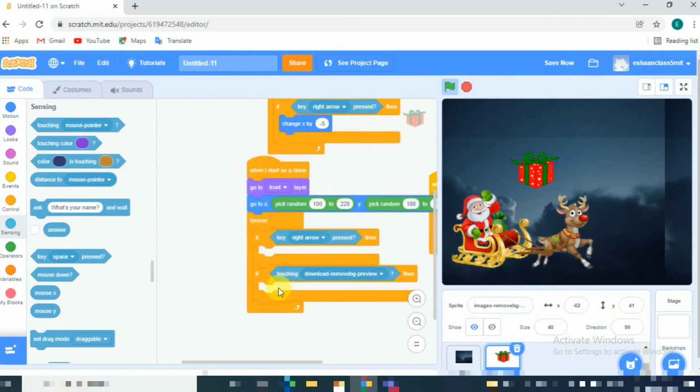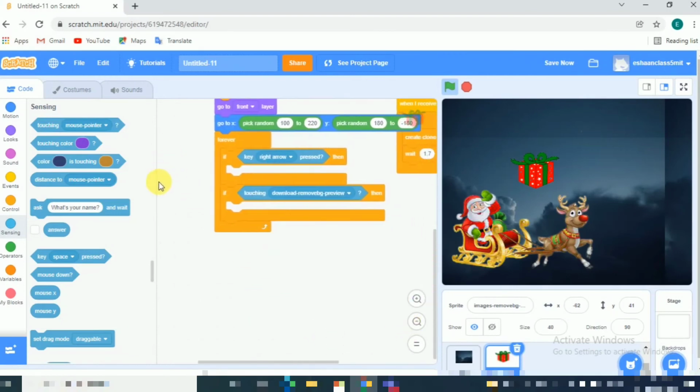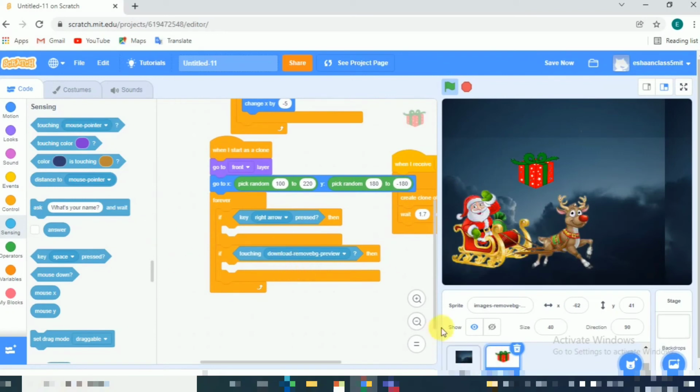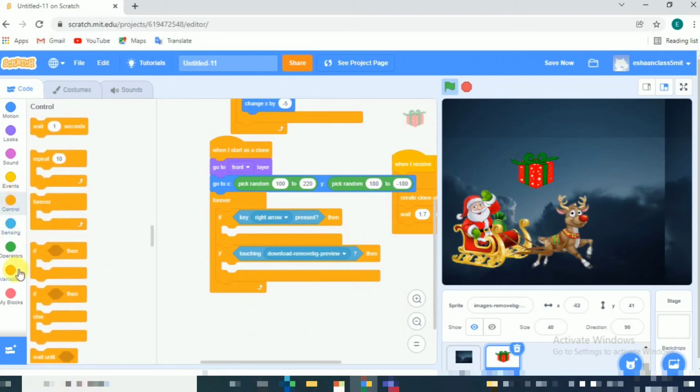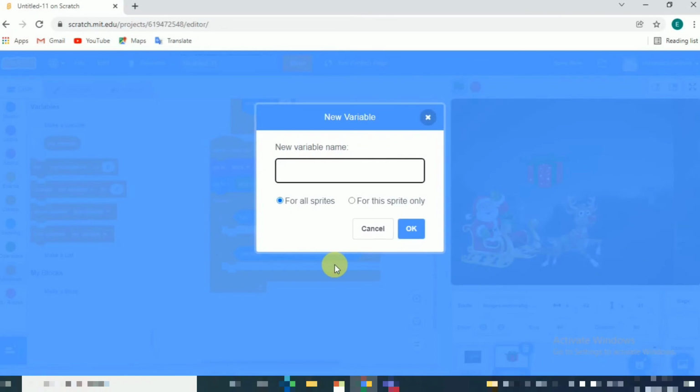Download. Okay, the name of the sprite is download, so it is coming download. You have to select the name of your sprite, and then go to variables and make a variable gifts collected.